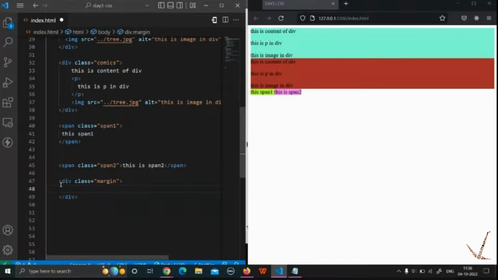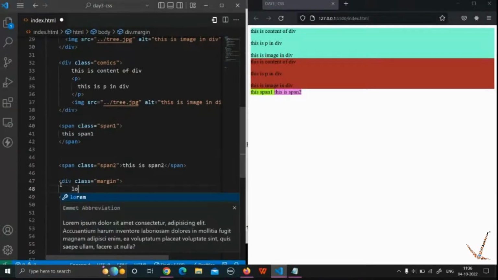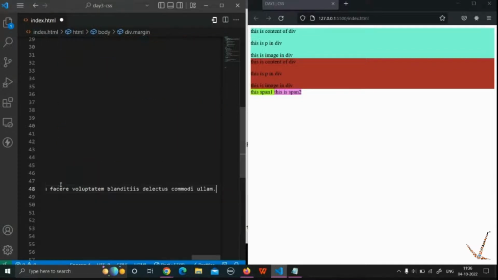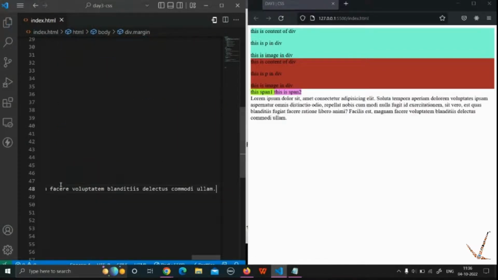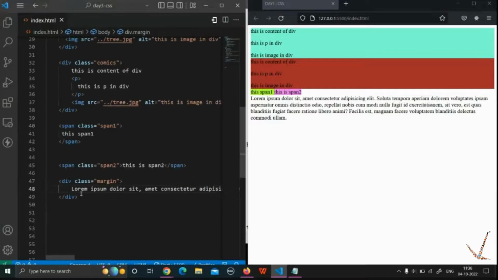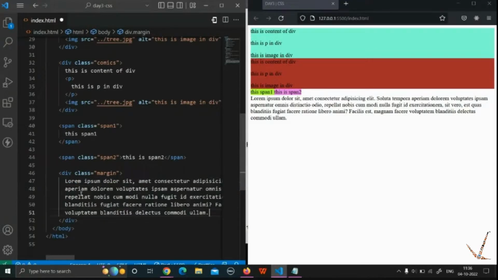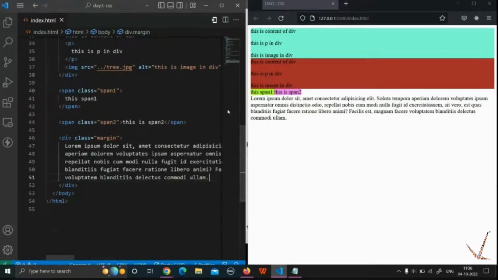Div class equal to margin, and here in the margin, you can write lorem. Let's say it will be 45. Yes. So you have something called margin,